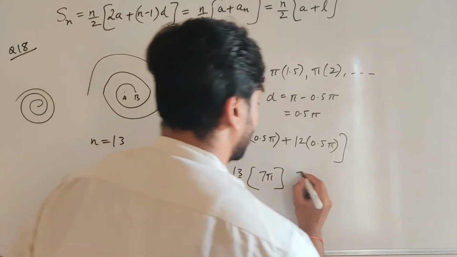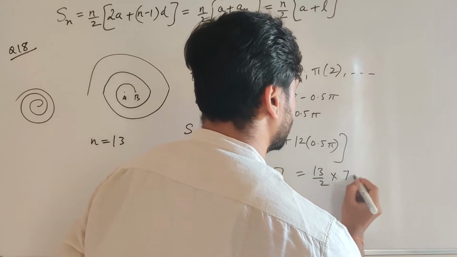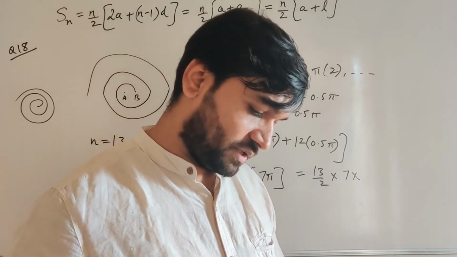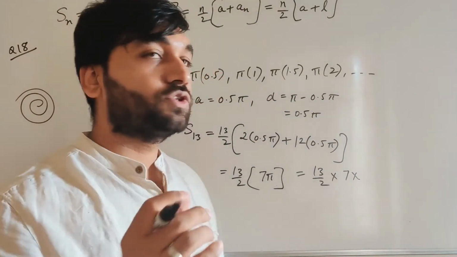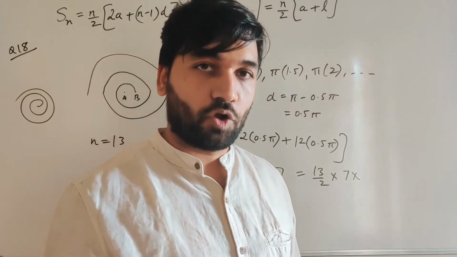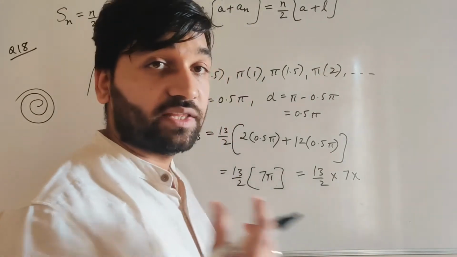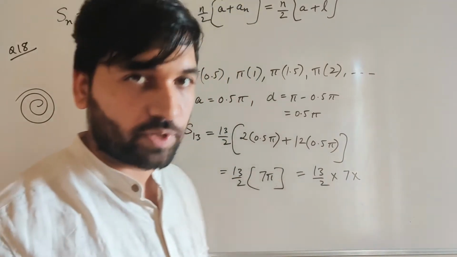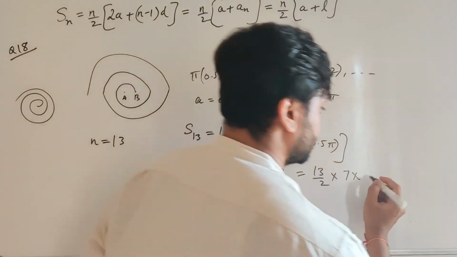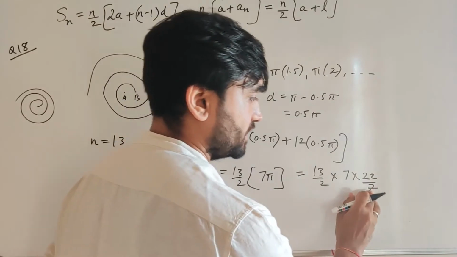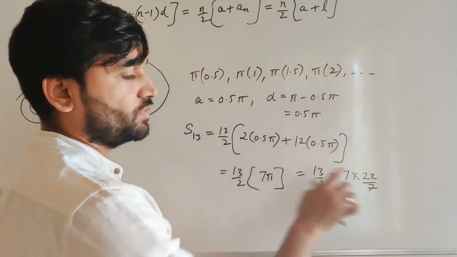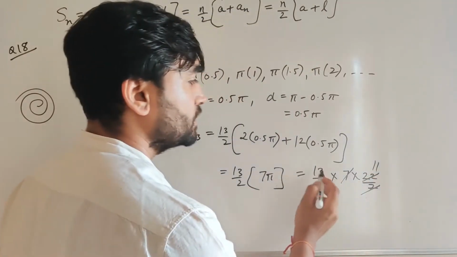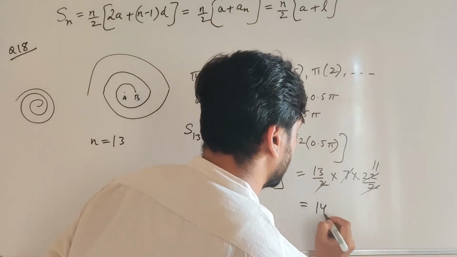Okay. Now what I'll do, I'll substitute pi value. In the question, if it is given, like in this, they have given pi as 22 by 7. So you should always check at the end if the value is given or not. If the value is given, definitely you should take that value. If the value of pi was not given, then you should take by default as 22 by 7. Okay, in this question, anyways, the value of pi was given as 22 by 7. So I substitute pi value as 22 by 7 and I simplify. This 7 and 7 cancels out, this 2, 11 times. So 13 into 11 will give you 143.